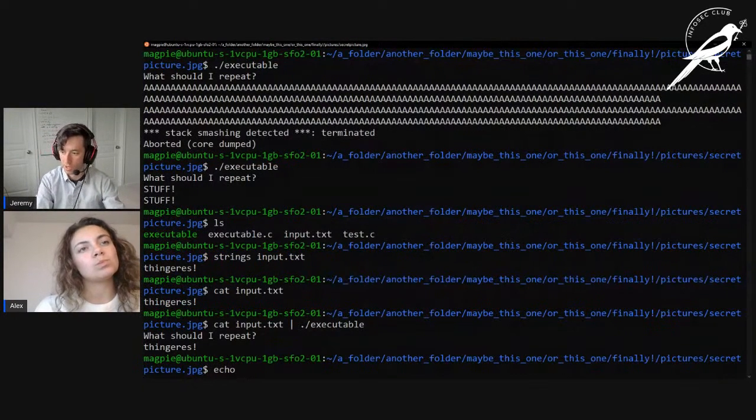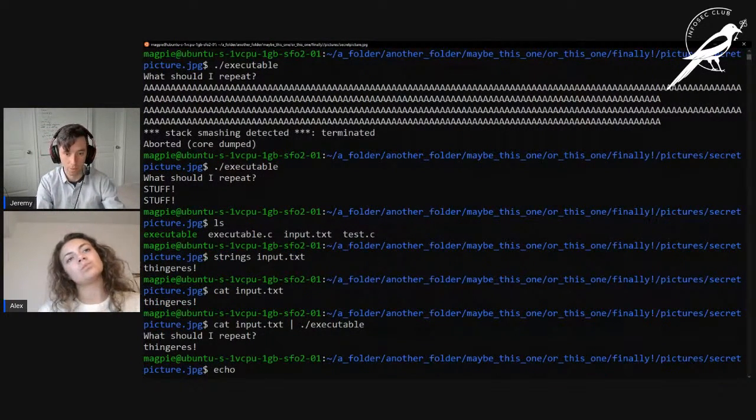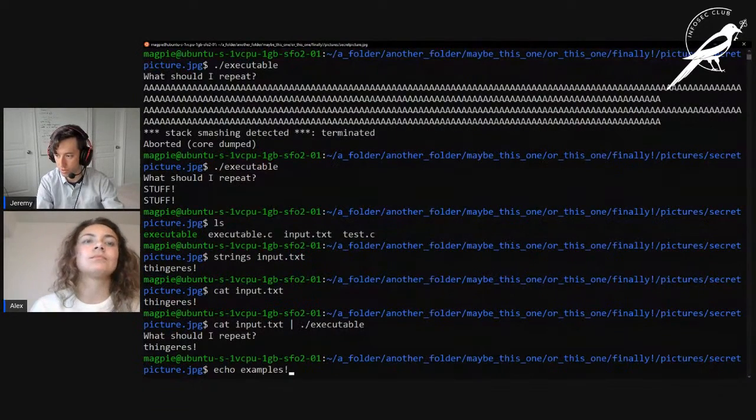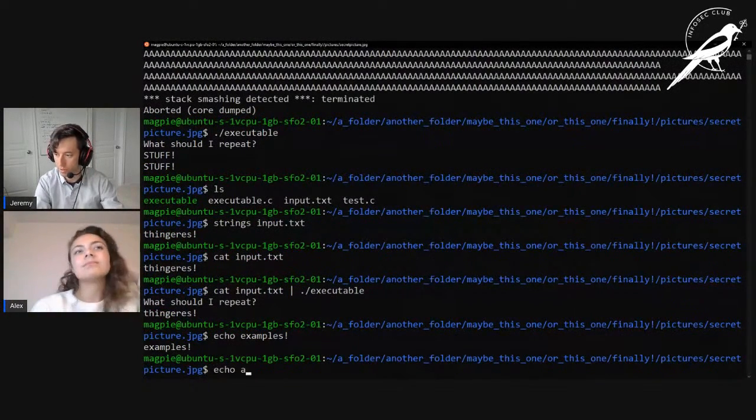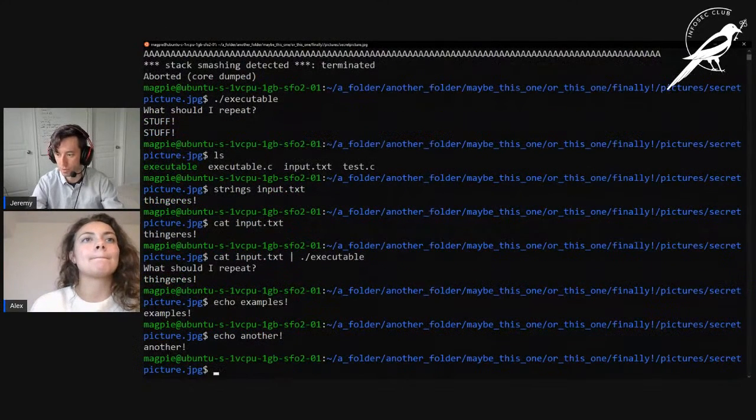So echo is something that will print back whatever we type in here. So echo examples, and it just gives us back examples here. Echo another, and it just prints out another. So echo is just a way to print out what we've had, but we can use it to go echo, what do we want to say?